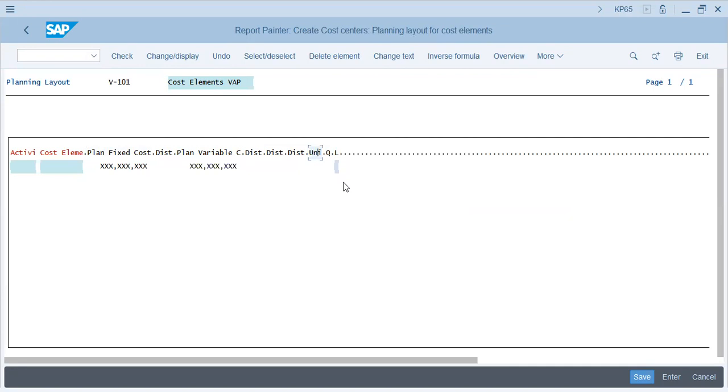I know this is a little bit confusing for you or all you guys, but in the end, of course, it will be a little bit. Plan variable